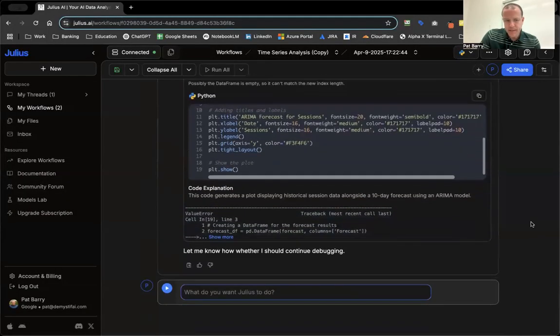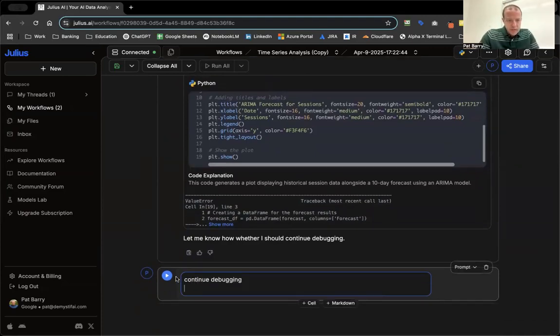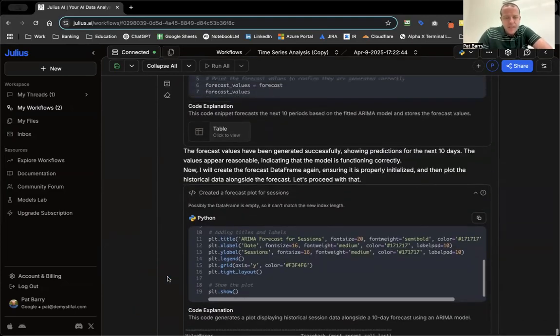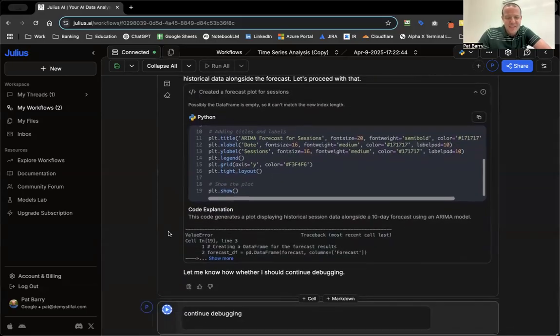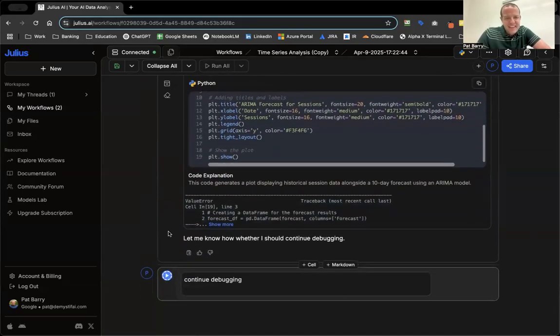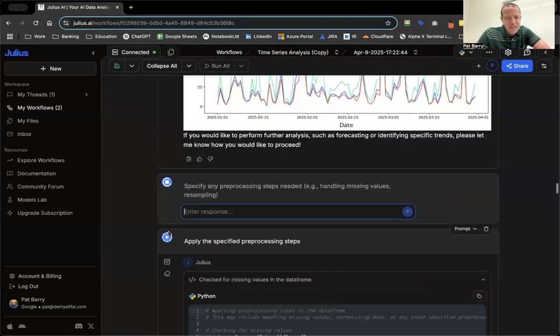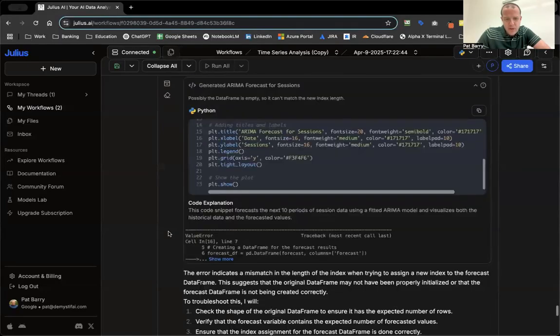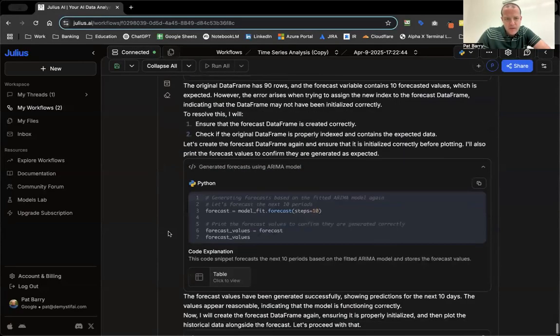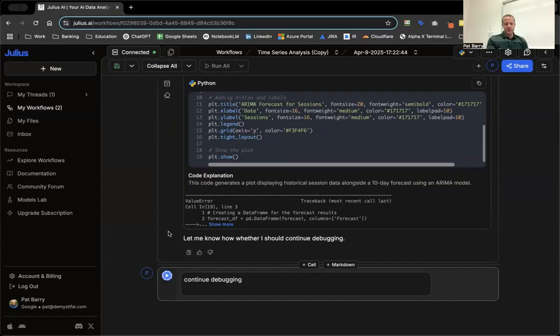So here I just added a cell, and I'm going to tell it to continue debugging. Just curious to see what this does here. Again, it was a simple data set, but this is why sometimes problems come up. Let's see if it can keep going here. Sorry, I think it automatically scrolled back up on me, so that's why it's up there. So we're debugging. Let's pause for a minute while this thing runs. It's definitely taking the proper steps in terms of what it's doing. To be honest, I probably should have slowed down a little bit and looked through some of the errors, but